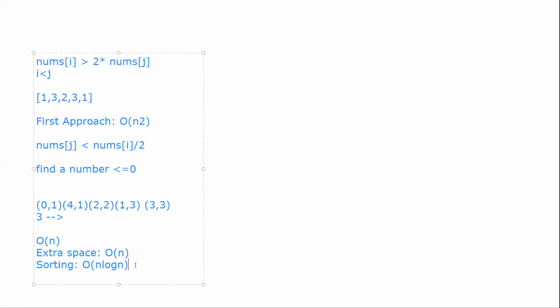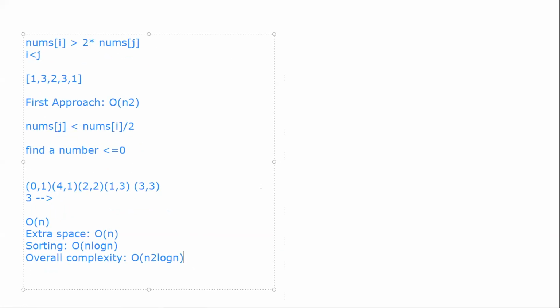Yeah, but the point is, if we go by this approach, very early on we realized that the complexity is really bad. Extra space, sorting, and then binary search and stuff like that. So overall, the complexity comes out to be something like order of n square log n. Log n. Yeah. Super bad. So I was looking at solutions. It talks about some merge sort based ideas, but I'm looking forward to somebody covering that or any other ideas.